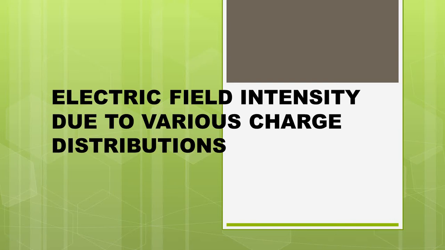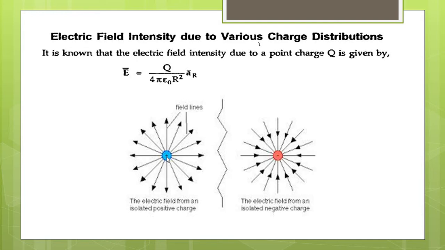So let's get started. You can see 2 point charges here. This is a positive one and this is the negative one. The field intensity around a positive charge or negative charge will be present completely around it, if you see the diagram. For a positive charge, the electric field lines originate from the point charge and go towards infinity. You can see the direction here. For the negative point charge, the electric field lines start from infinity and terminate on the negative charge. So these are the directions of the electric flux lines, or what we call electric field lines.